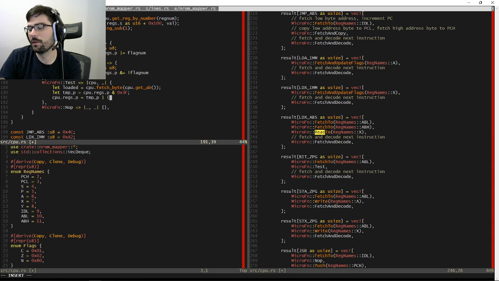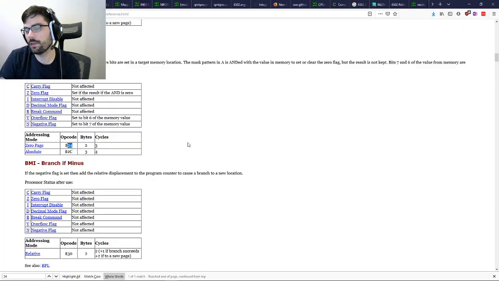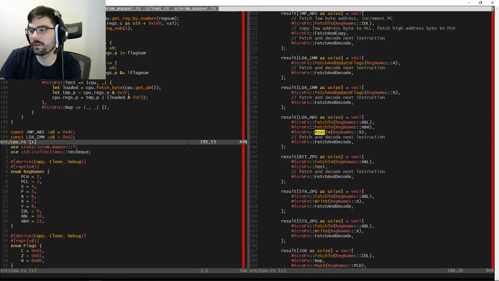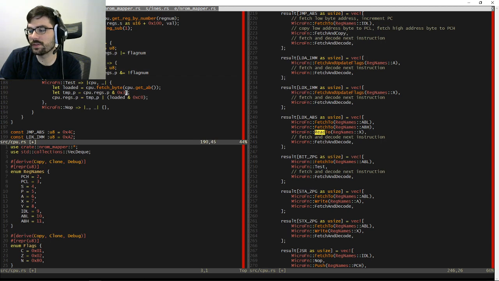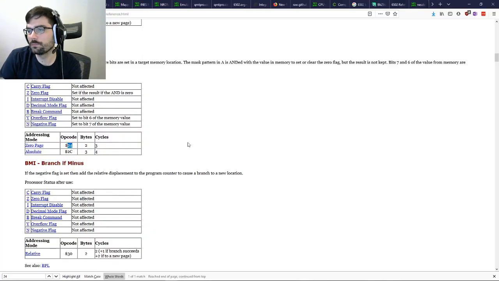Okay. Loaded and 0xc0. And then if the mask pattern in A is ANDed with the value of memory to set or clear the zero flag. Okay. So let's go ahead and splice the zero flag out of this, which makes it not an F but a D. And